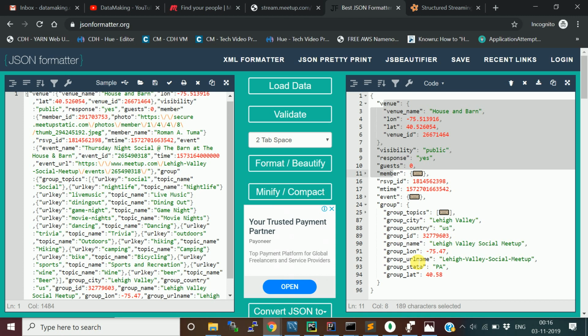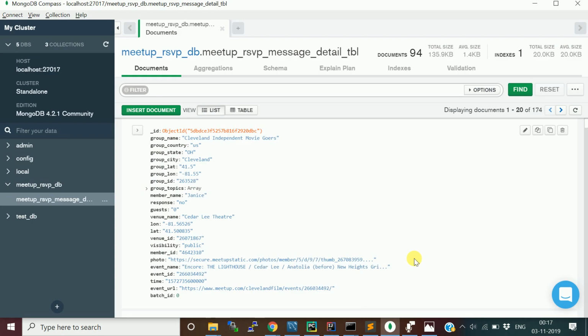Using the from_json method, we parsed the JSON object, and then we used data frame operations to flatten it. Now you see all the columns are there, all the values are there. Now we are going to do some aggregation in the next video and write the data into the